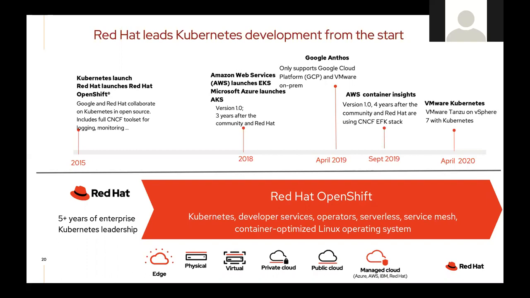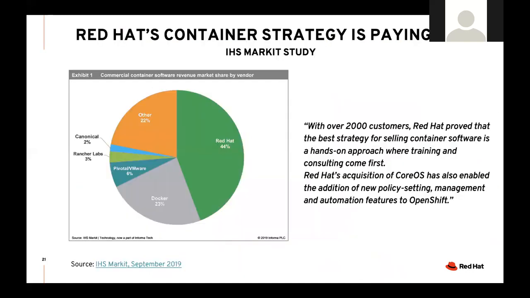And it is the most trusted, the most enterprise, the most secure platform in the industry today, running in over 2,000 customers worldwide. But definitely, it's all based on our Linux leadership and our leadership in Kubernetes more than any other vendor, as you can see here, since 2015. Also, this helped us achieve the biggest market share in the market also in our hybrid cloud platforms, right?